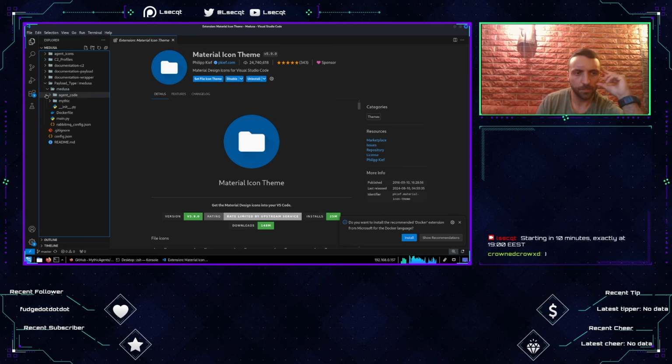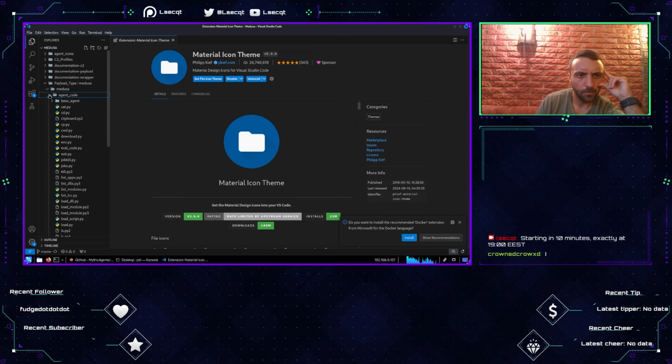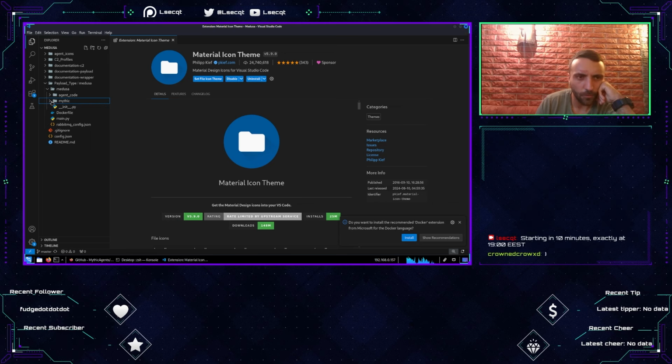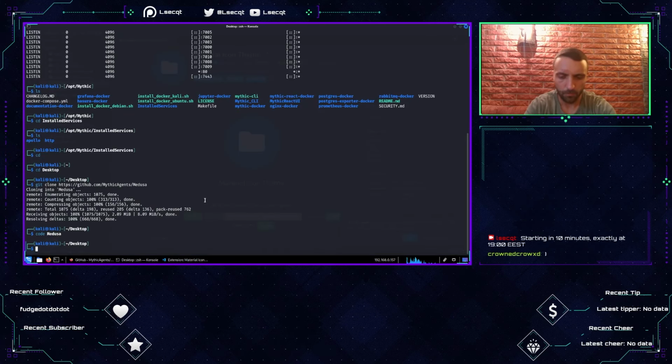Yeah, now it makes more sense because now we can see the folders. Okay. Now inside the agent code, inside Mythic, all right, so we have some kind of a structure we need to understand. So we have the base agent. In this base agent, we have payload type, and I believe payload type, if we go to